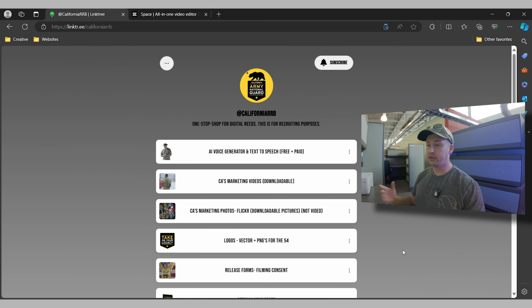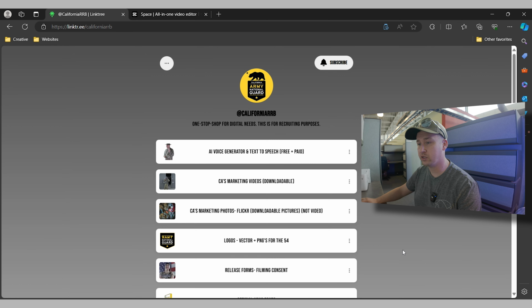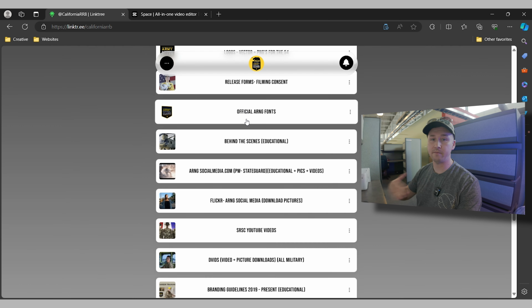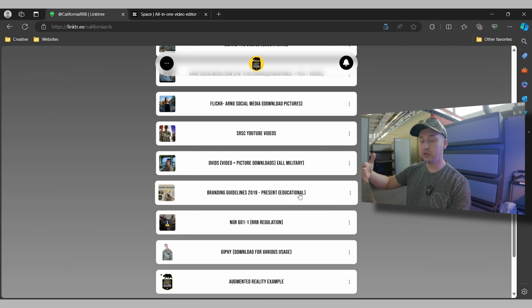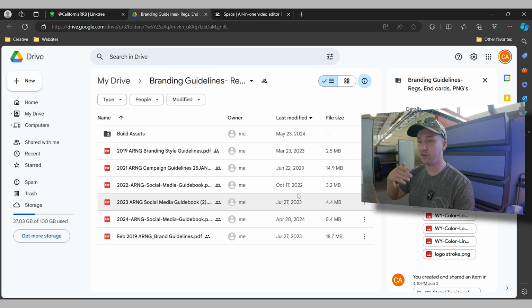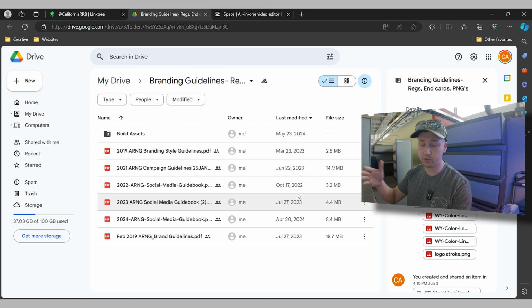But to get started, we're going to get onto Linktree and scroll down to the branding guidelines. Click on it. It's going to bring you forward to Google Drive. If you would like to download assets onto your phone, just make sure you download the Google Drive app. But we're going to do this portion on the PC